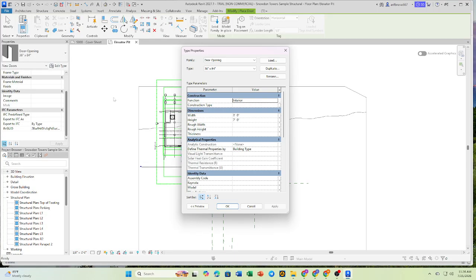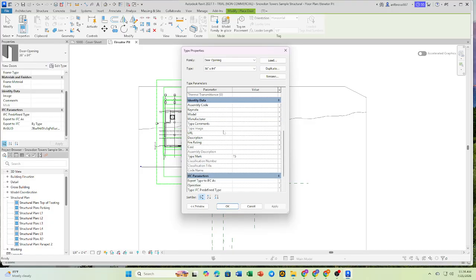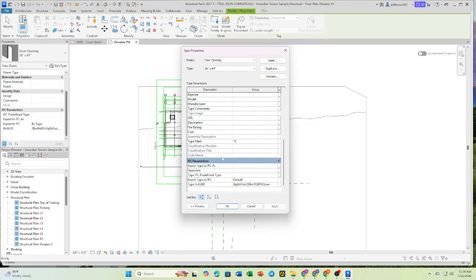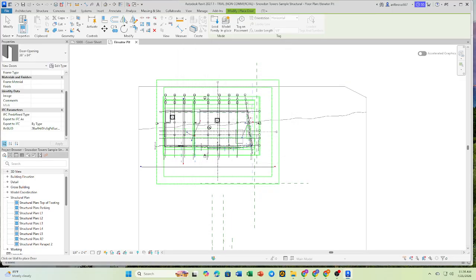Now move your cursor over the wall where you want to place the door. Revit will automatically preview the door and align it with the wall. Click once to place the door, then use the temporary dimensions or the Modify tools to adjust its position if